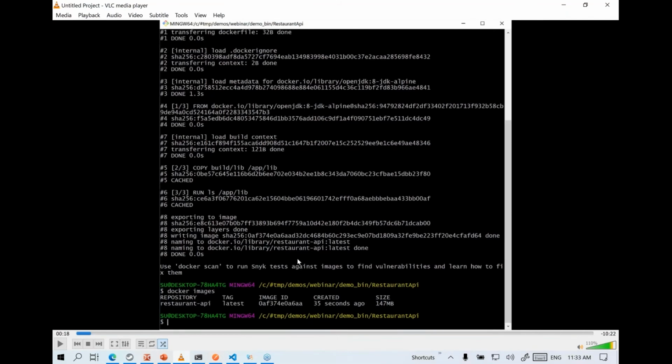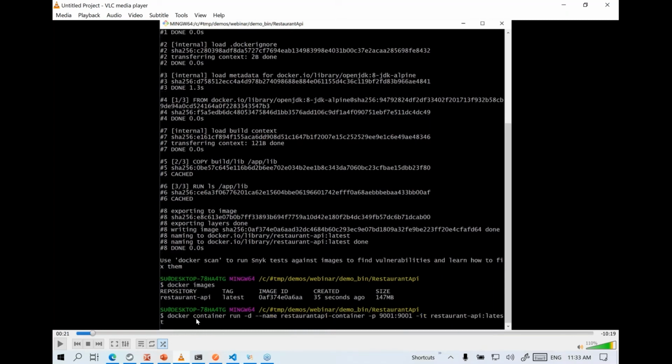And after that, what should be the next step? So the next step should typically be to test it out on your local machine, just to have confidence that this self-contained image works. So for that, you can use this command, docker container run. -d means run it in the background as a daemon. This is the name we want to assign to our custom container. So we want to basically run this image.